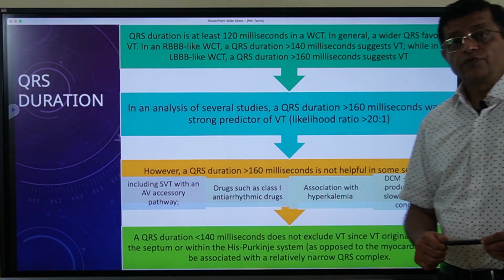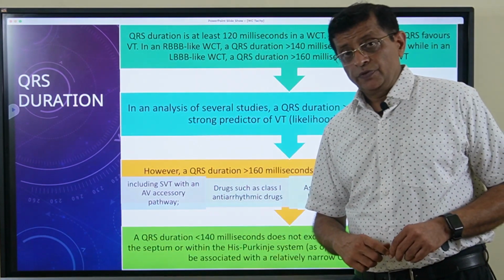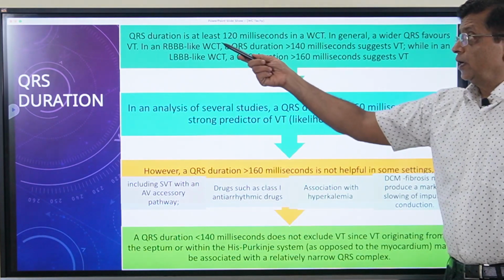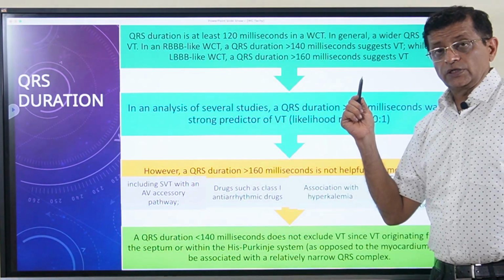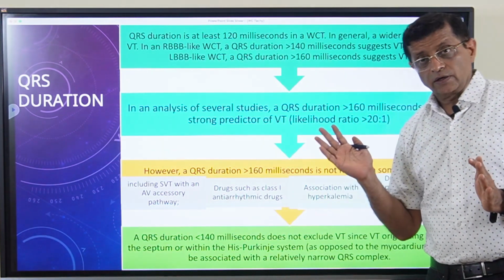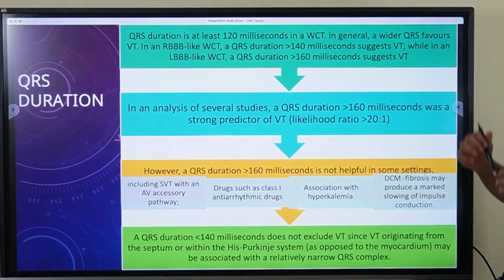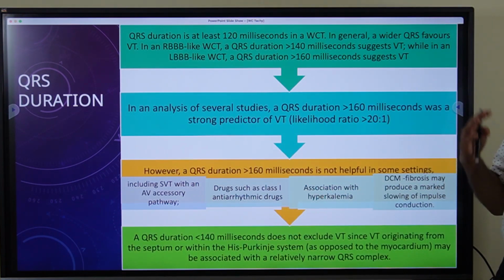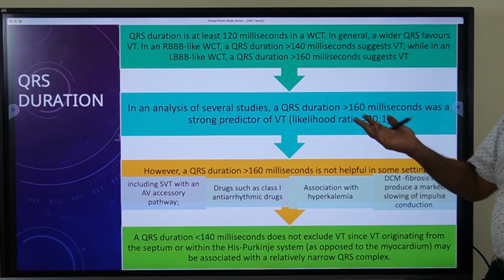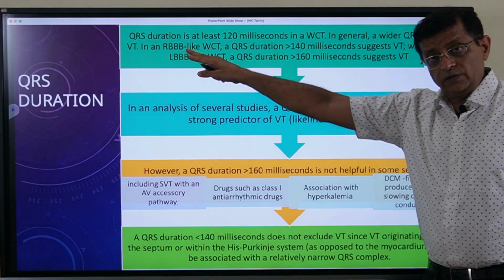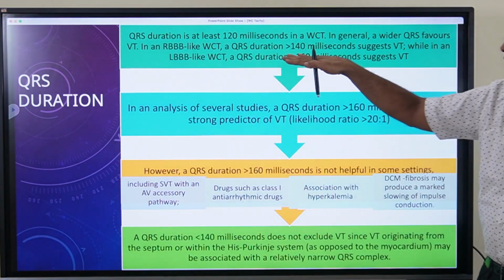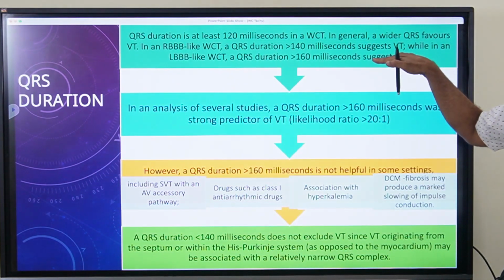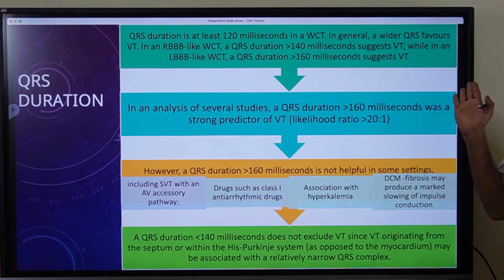The next point that we see is the QRS duration. By definition, any QRS duration more than 120 milliseconds is called wide complex tachycardia, right? In general, the wider the complex, the more likely it is to be a ventricular tachycardia. So in RBBB-like wide complex tachycardia, if the QRS duration is more than 140 milliseconds, and in LBBB type